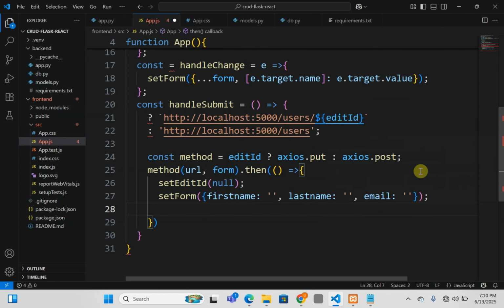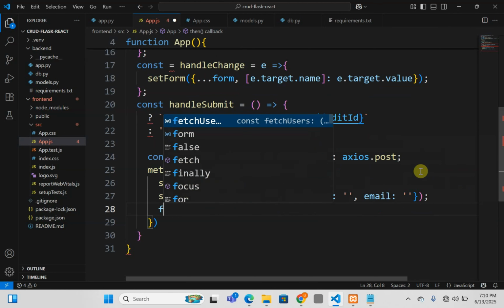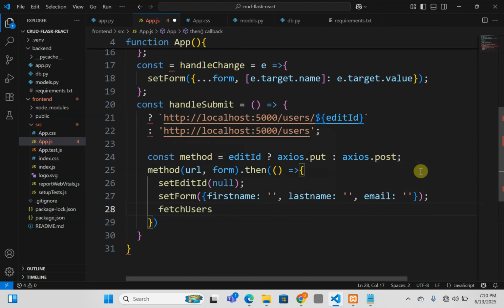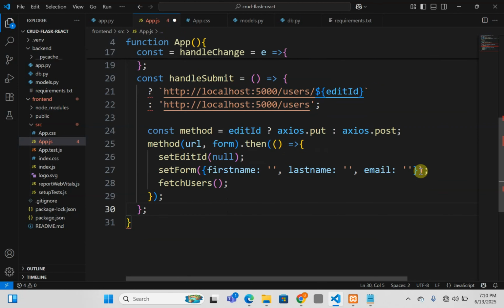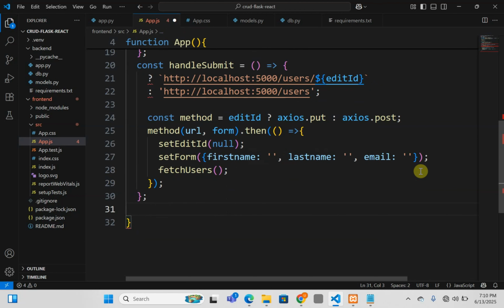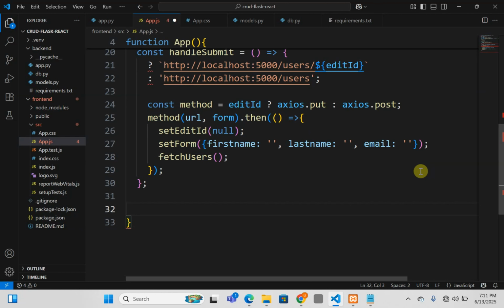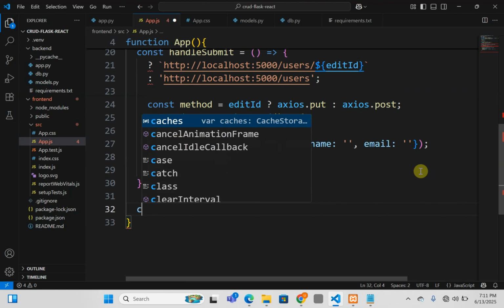After that, we need the users. So after that, now what you need is